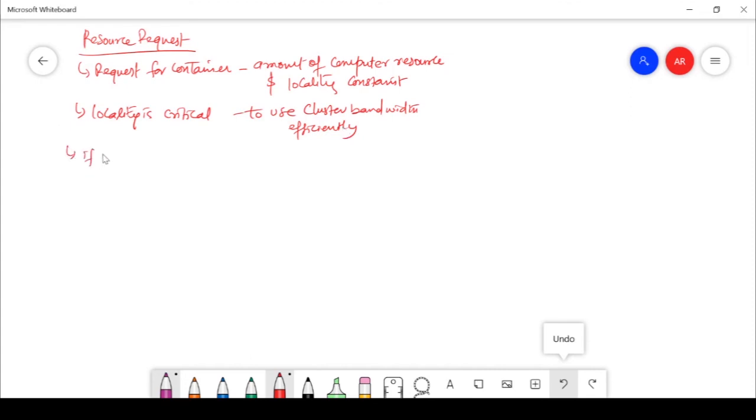And in case data locality cannot be met, let's say it cannot be met, then what will happen? Then YARN will start another container on a node in the same rack.